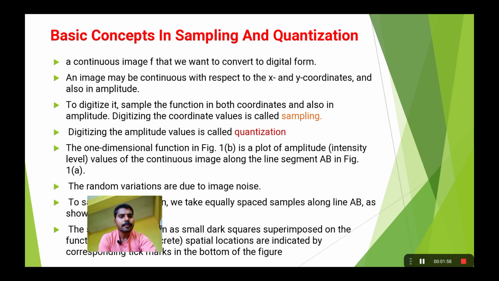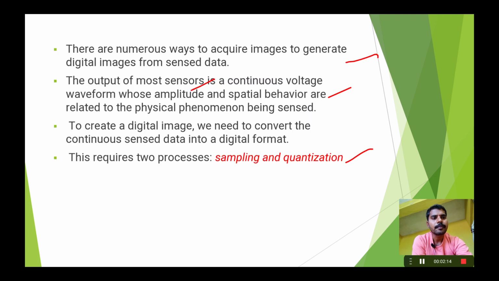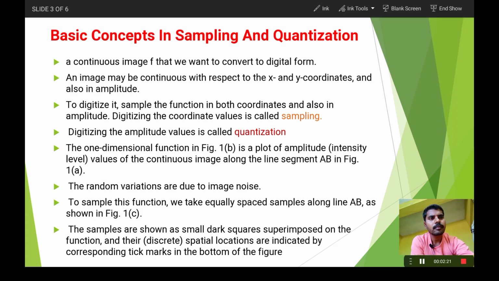So basically, the basic concept in the case of sampling is just dividing the information. Suppose you have continuous information, that information can be divided into pieces. So basically, an image is a continuous image, and if you want to convert that image into the digital domain, obviously you have to